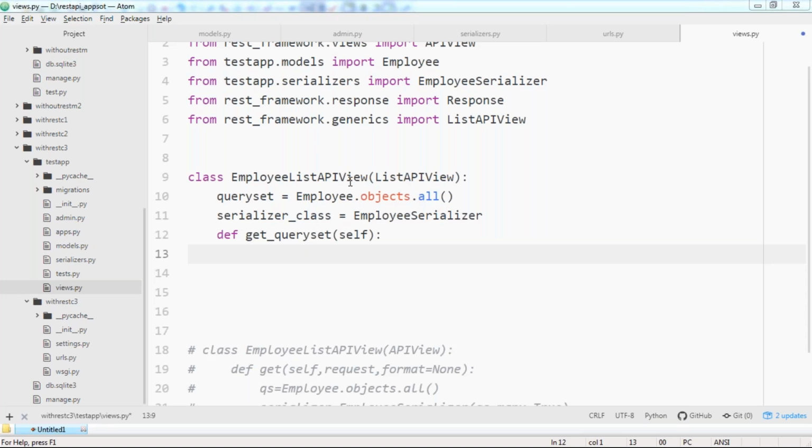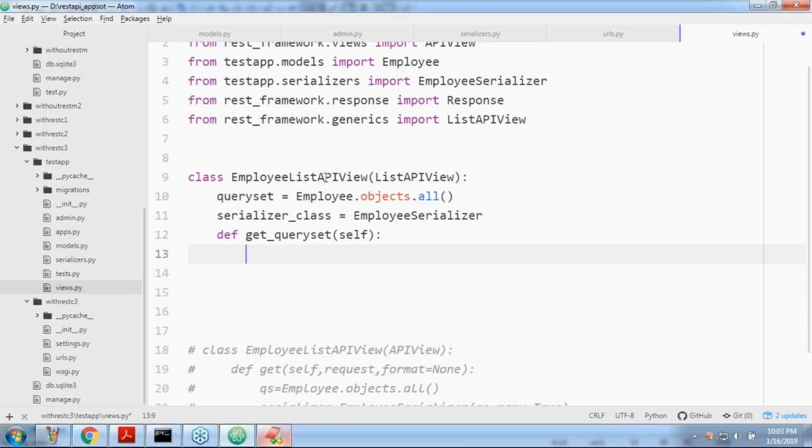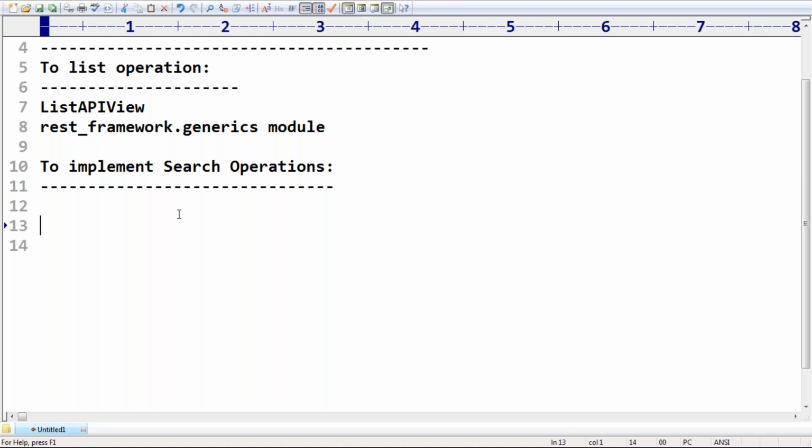Understand my words very carefully. You will get much clarity once I execute it, but before that you should be aware: how did I send the request earlier? 127.0.0.1:8000/api. This is the request I sent.